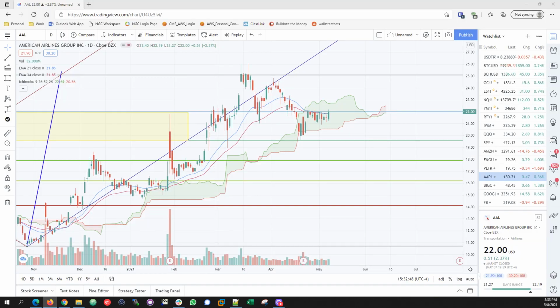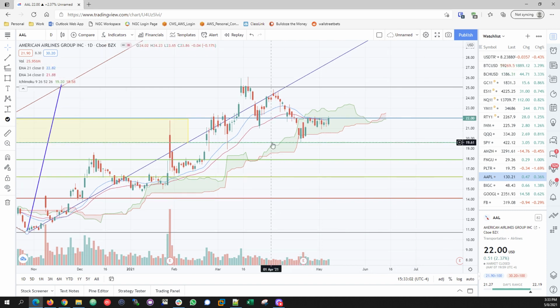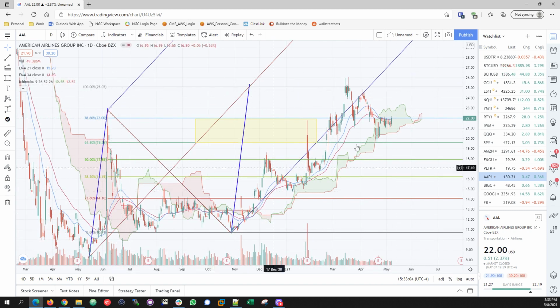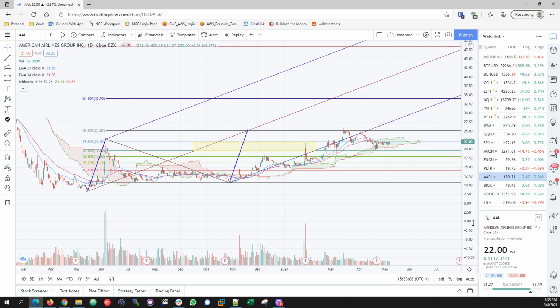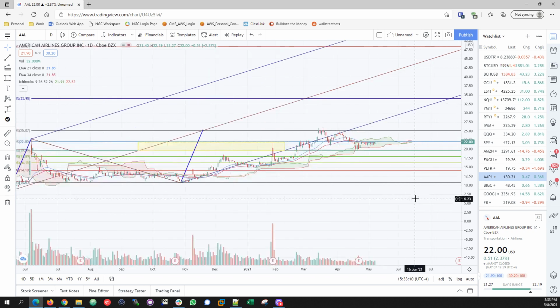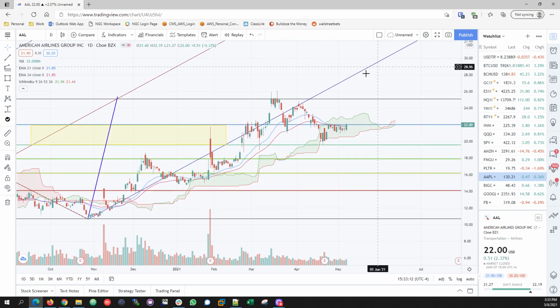You click on them, it'll take you directly to that ticker and the time location of the review. So having said that, let's start with our first ticker, which is American Airlines. American Airlines has resistance at $22. We've drawn this extension, a Fibonacci extension. I see a push towards $25 on American Airlines, but it needs to get over the $22 range. Support is clearly right at the cloud bottom, which is $20. First level of resistance will be 23, basically the top of the cloud.